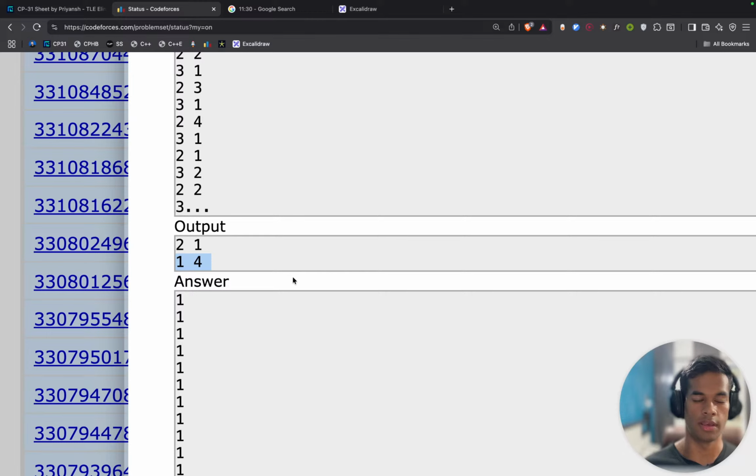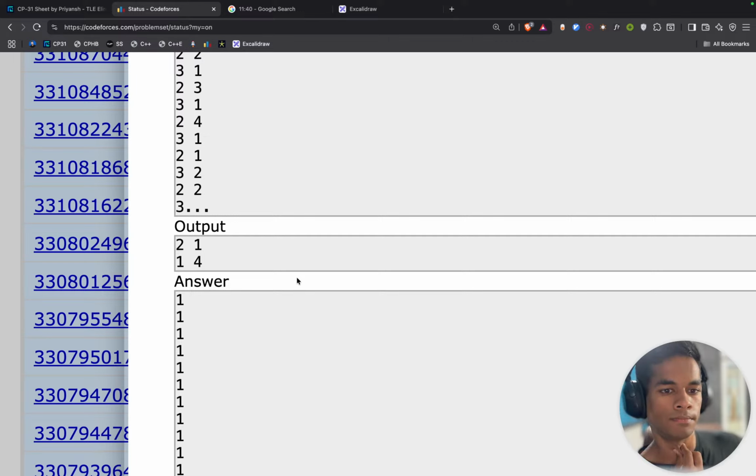This, okay, 1 if I get any number. So after 1 pass, this becomes 3, then this becomes 2, then this becomes 1.